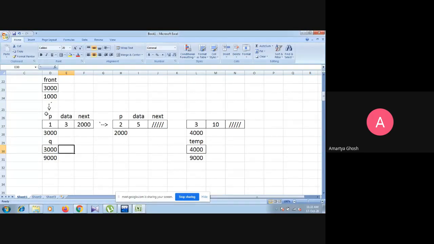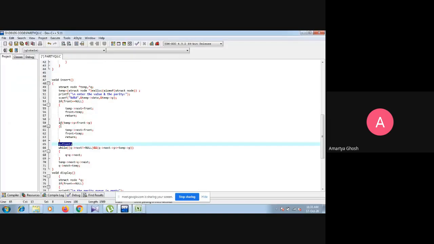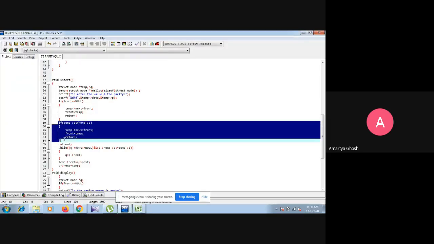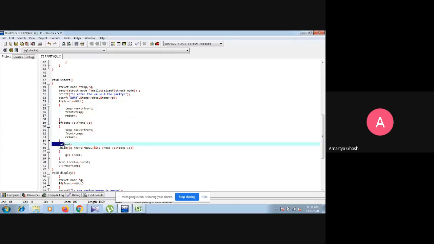The checking of the front node's priority against the new node's priority is available in this if. So when control comes into this location, that means the first node priority and the new node priority were already compared and that is not satisfied.